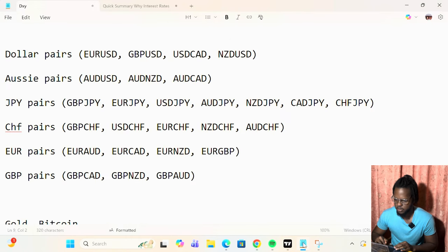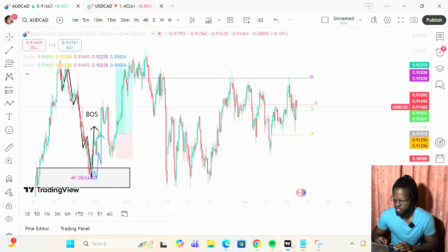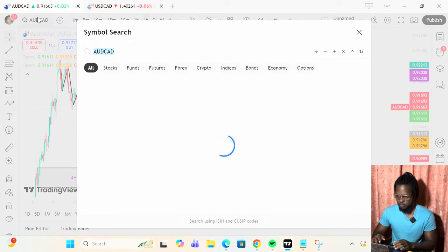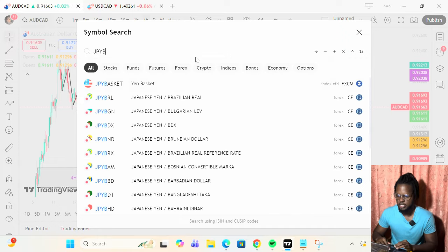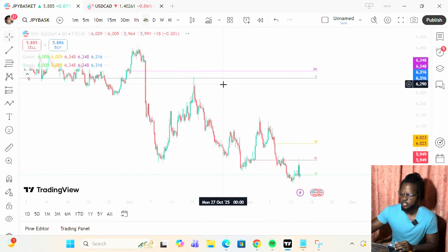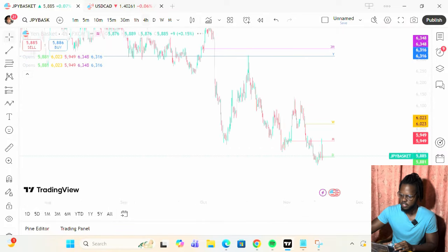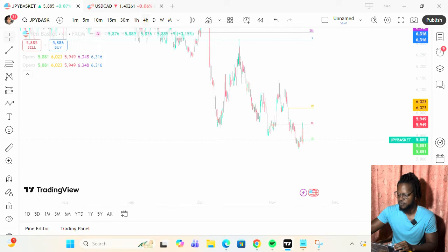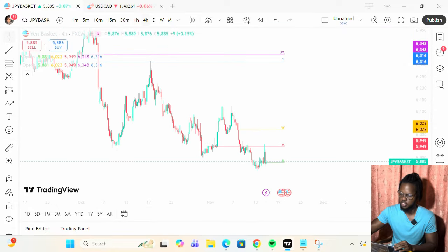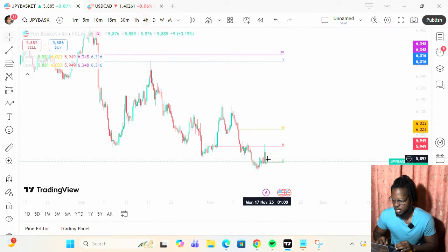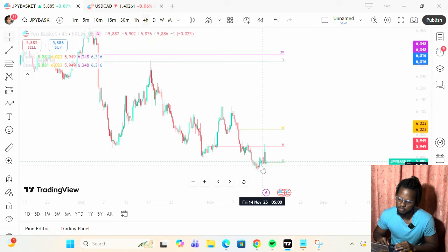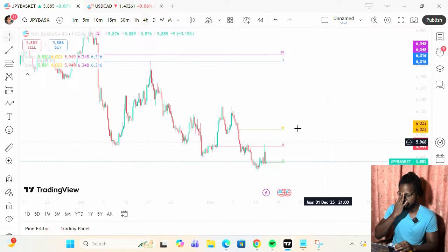And what's the last pair? Okay, that's done. So on to the yen pairs. Of course, we start off with the basket. So the yen basket's very, yeah, I don't even need to analyze this. It's very, very bearish. Yen is just very weak for a variety of reasons. I could make a whole video on this, but the last time we interacted with the monthly open, completely rejected that, and I just see further downside. Maybe we retest the monthly open and just keep selling.